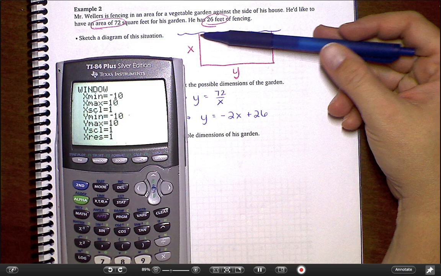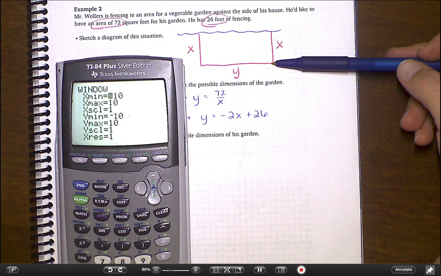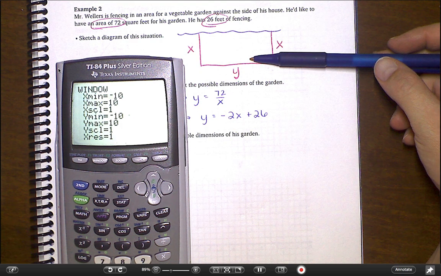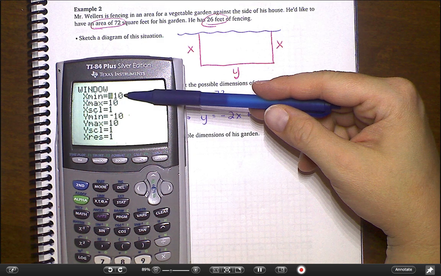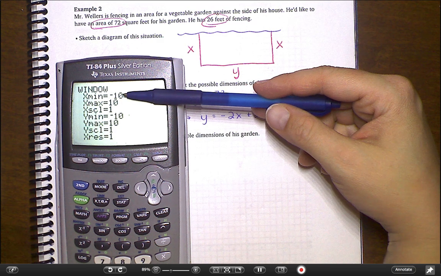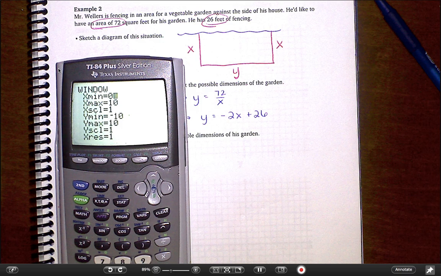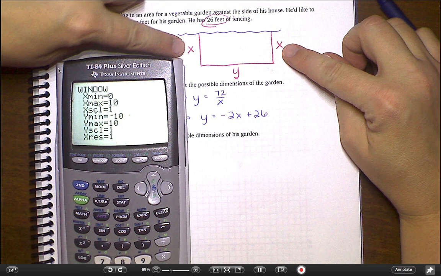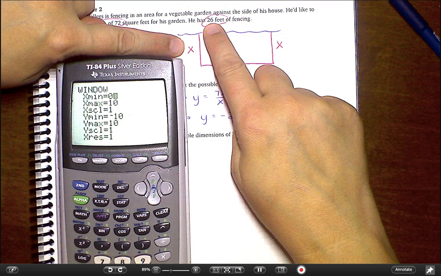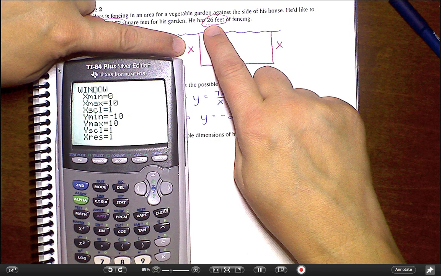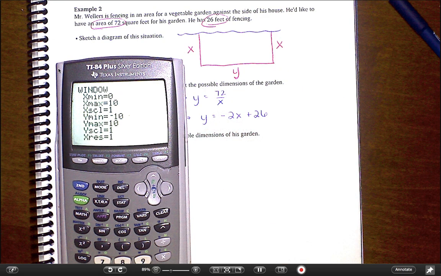And remember what x and y are meant to represent here. X and y are dimensions of a garden. So my x min, it doesn't make sense to send it into the negatives. Really, the smallest I would ever want to go is 0, and even 0 doesn't really make sense. And the largest my x could go, really just as a rough estimate, because I have 2 of the same x's, and I need 26 total feet, the largest my x could go is like 13. I'm a big fan of multiples of 5, so I'm going to go up to 15,